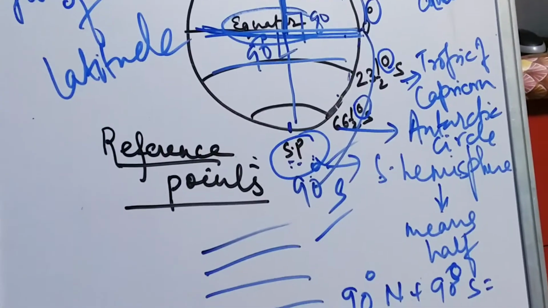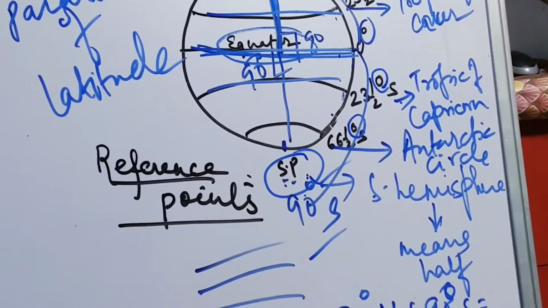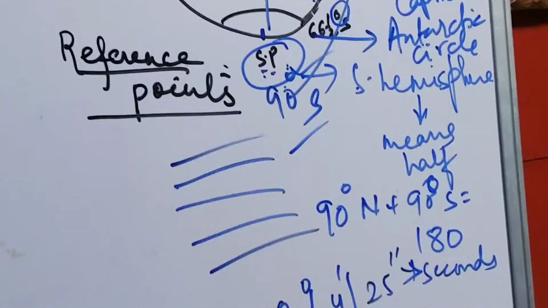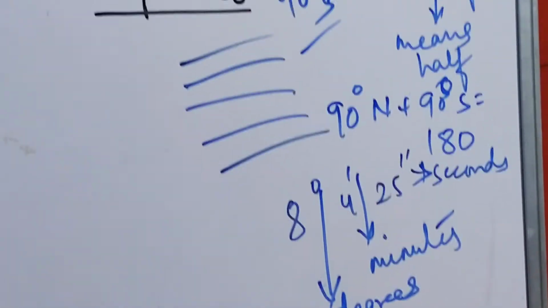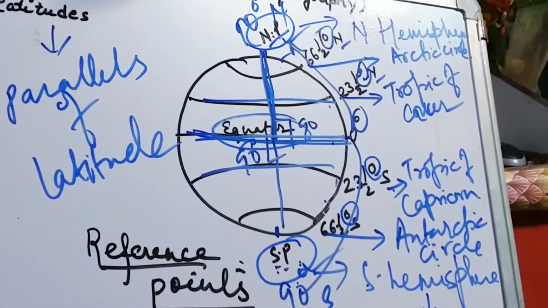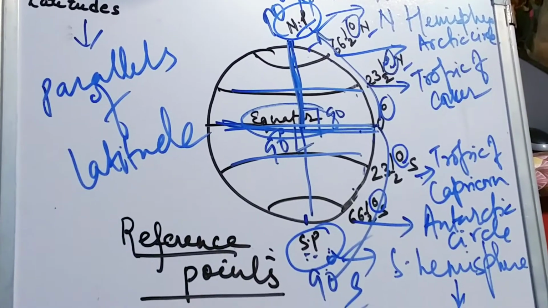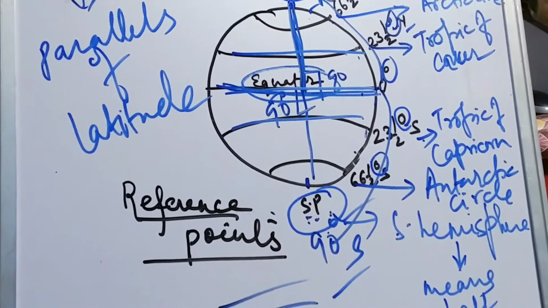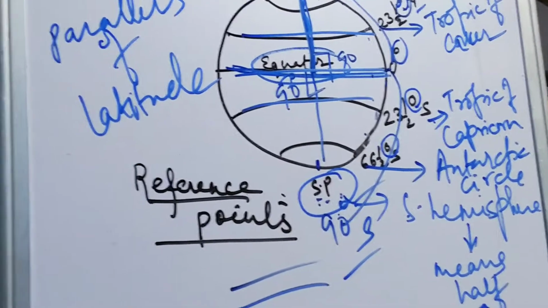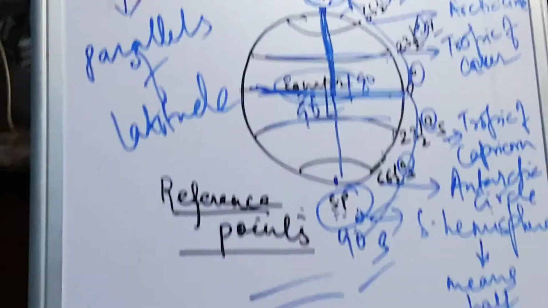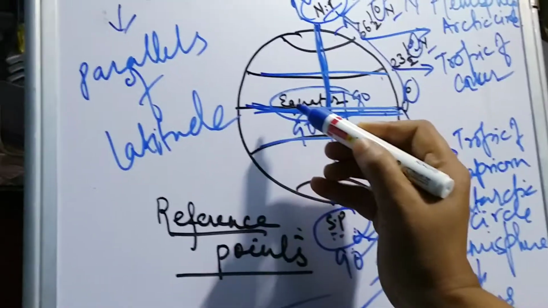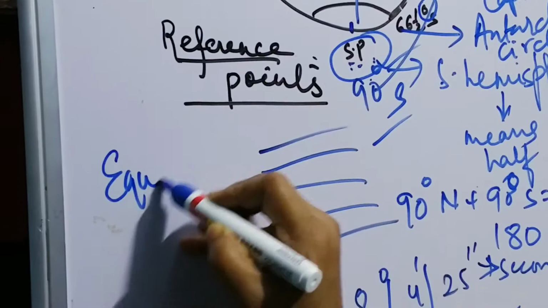So the number of latitudes when drawn at 1 degree interval are 90 in the northern hemisphere and 90 in the southern hemisphere. The latitude of the equator is 0 degree. So the equator is also one of the latitudinal lines, right? It lies in the middle of the two poles of the earth and it is the longest line of latitude.